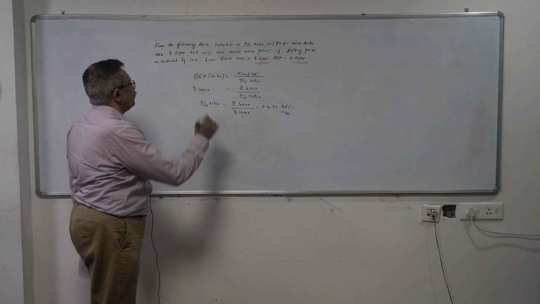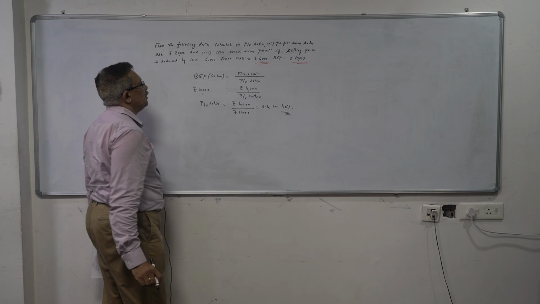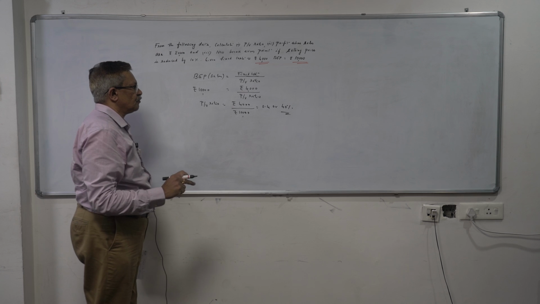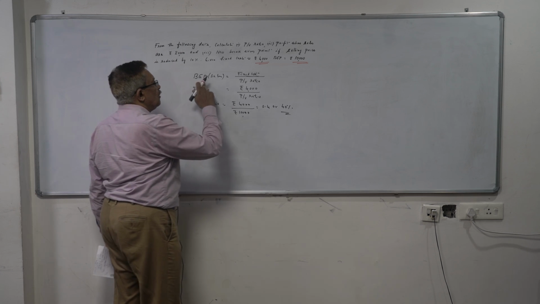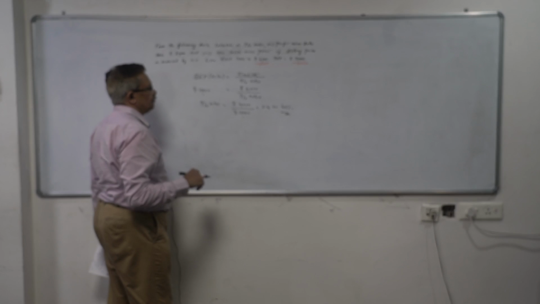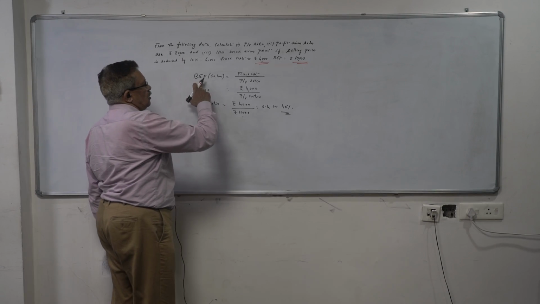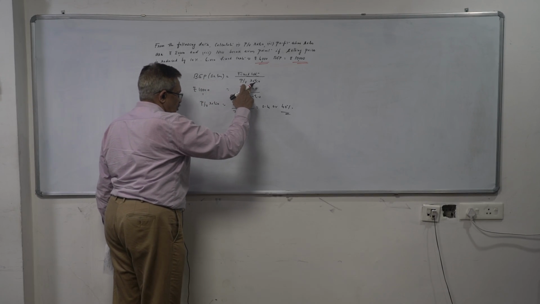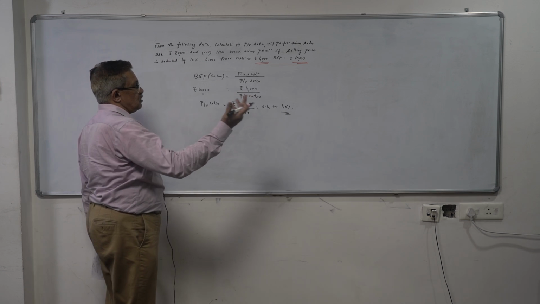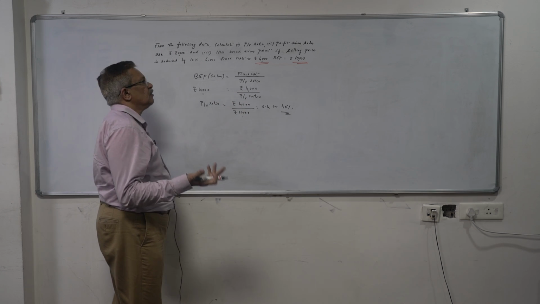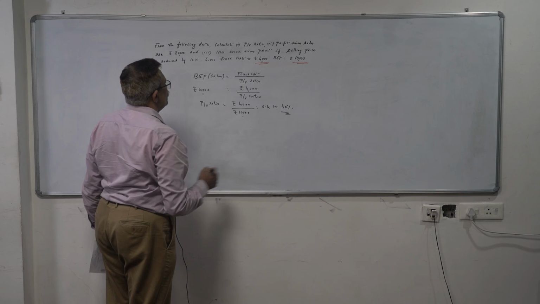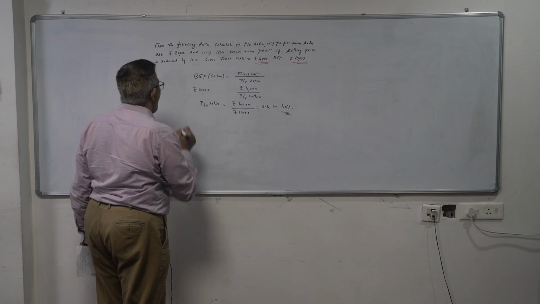So by using the break-even point formula, I am able to find out the PV ratio. If you have any two components here, I can find the other one. So if the break-even point is given and PV ratio is given, we can find the fixed cost also. Or fixed cost is given and the PV ratio is given, we can find out the break-even point. Let's move to the second bit.